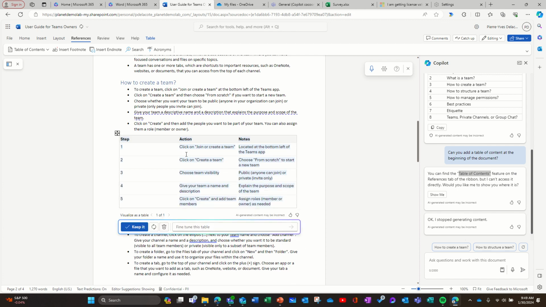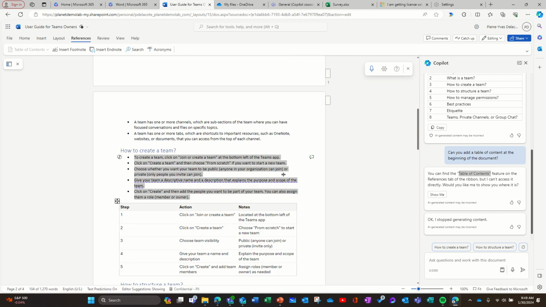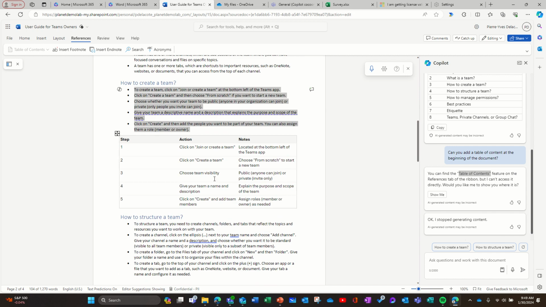You see, I have step one, action, and a note. Click on join or create. Click on create a team, choose team visibility, give your team a name. So I have all the steps so I can keep it. And as you can see, it doesn't delete the first chapter I selected. So you might have to delete it after. But that's a quick tip to create a Word document from a PowerPoint and enhance your document with other Copilot features